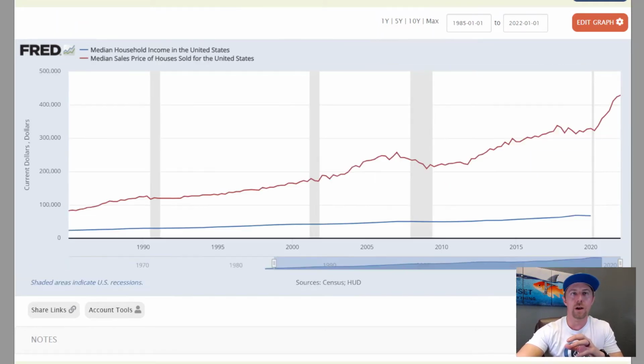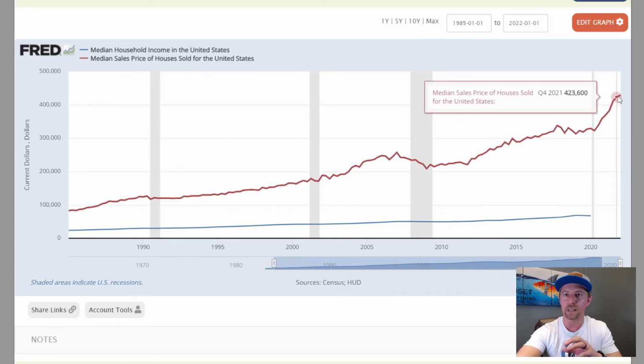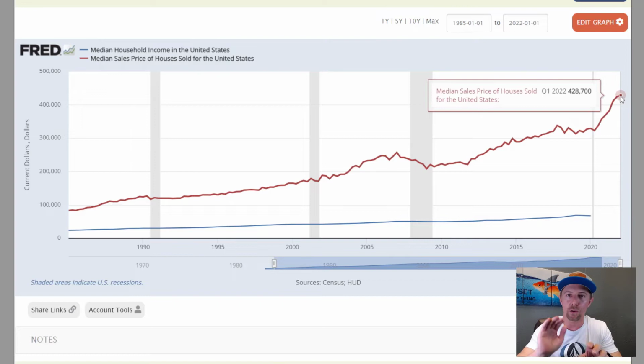And if we toggle back over to the median home price, you can see that we're no longer going straight up. We're starting to see prices curve and roll over a little bit. So housing prices generally shift based on where the interest rates are, but it's at a lag and it moves a little slow. So does that mean we've reached a top? Does it mean we're rolling over? Does it mean that prices are going to come down? Only time will tell, but we will see as the months and years unfold here.